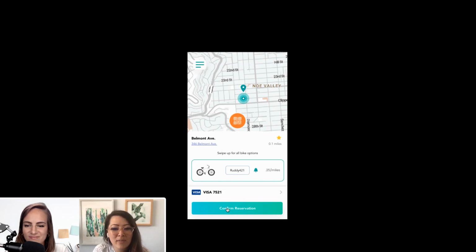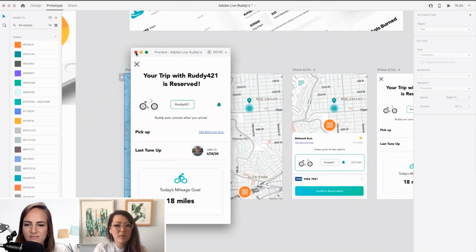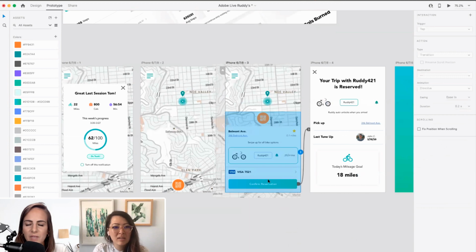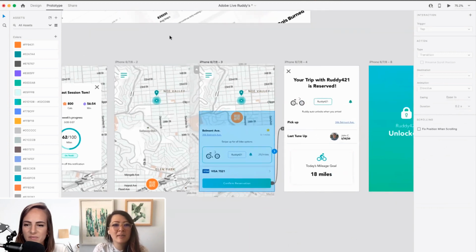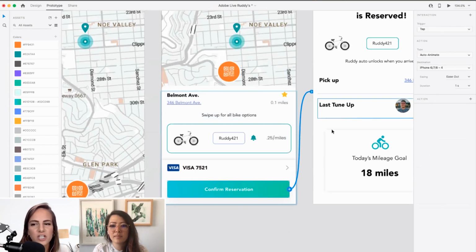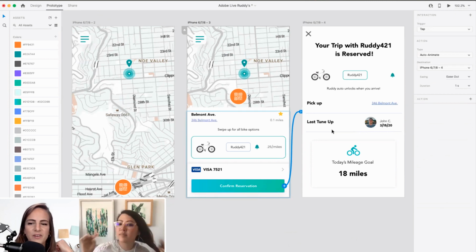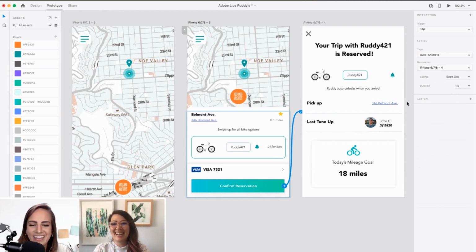Okay, great. I'm going to confirm the reservation. Oh, okay. So it did a dissolve transition. It always defaults to that for me. And I don't know how I feel about dissolve. I'm not a big dissolve fan. Unless it's super quick, and maybe if it's like the splash animation at the very beginning of the app or onboarding or something. But we're not onboarding here, so it seems a little tacky. Tacky, that's a way to put it. Yeah. So here's my mistake.